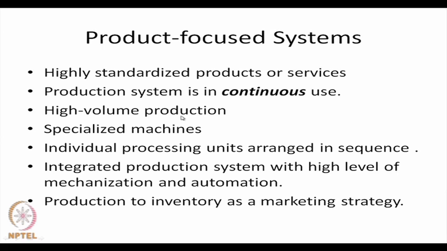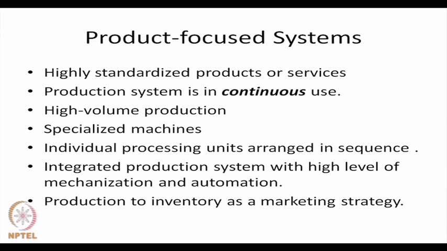And since a product is standard, its operations are known, and therefore, the machines or the individual processing units can be arranged in a sequence or in a line, and this enables the company to go for a high level of mechanization and automation. And normally, the marketing strategy is to produce to stock,